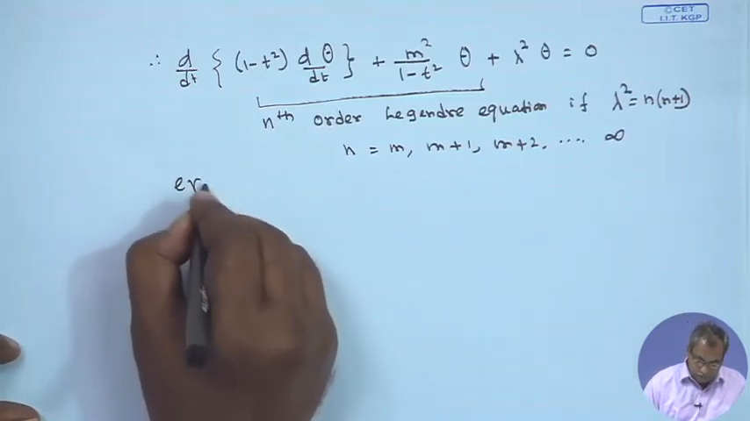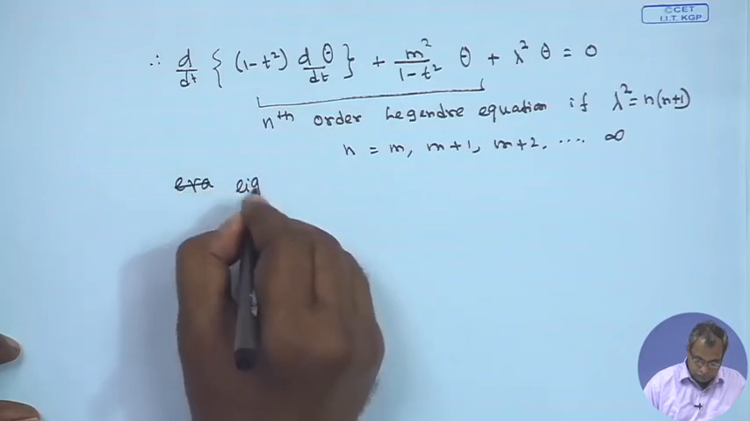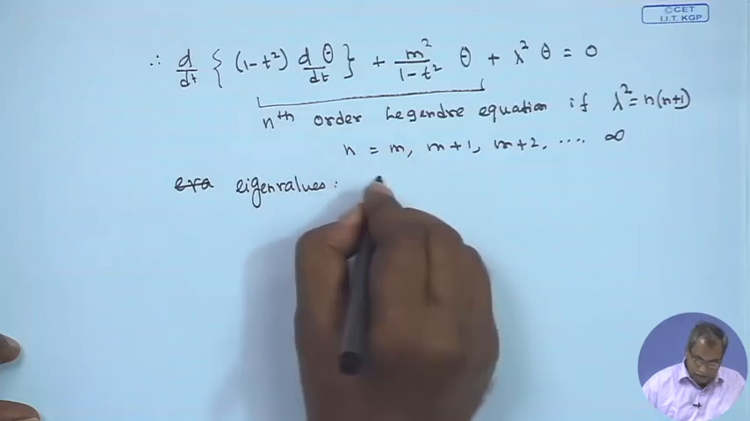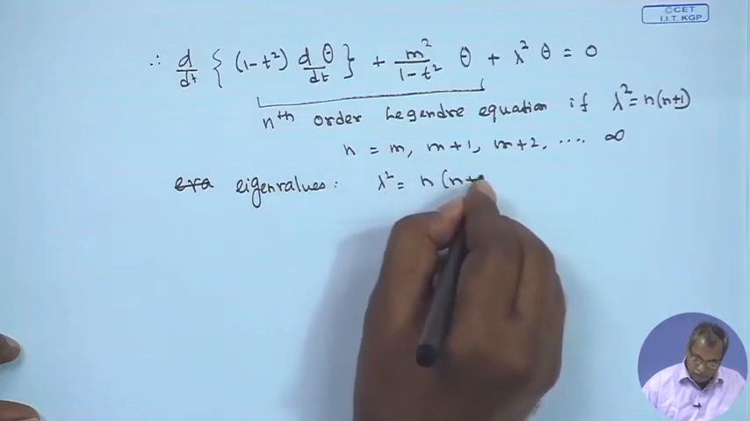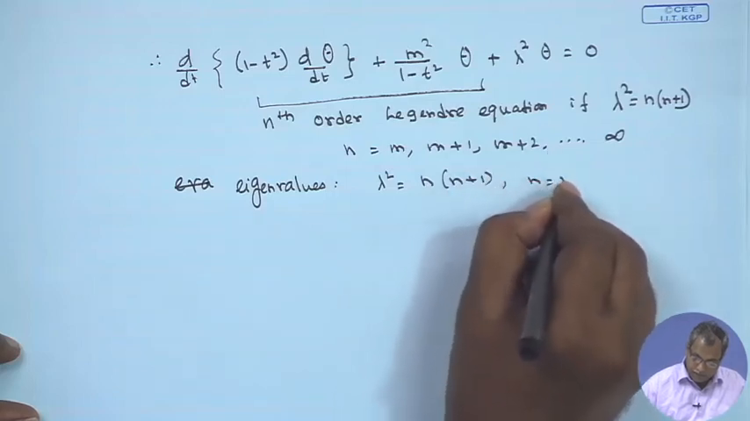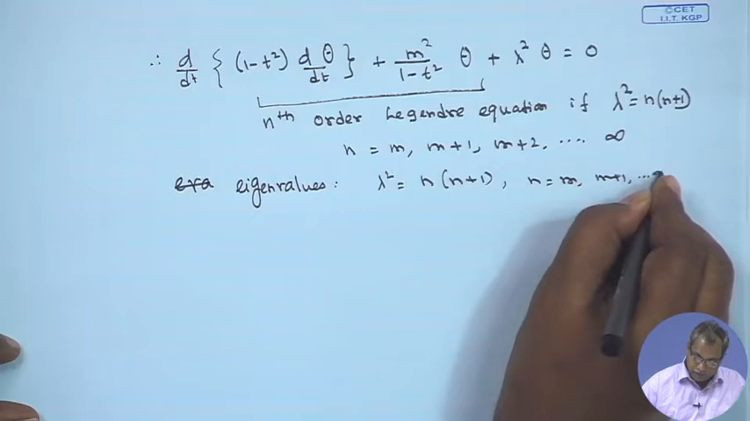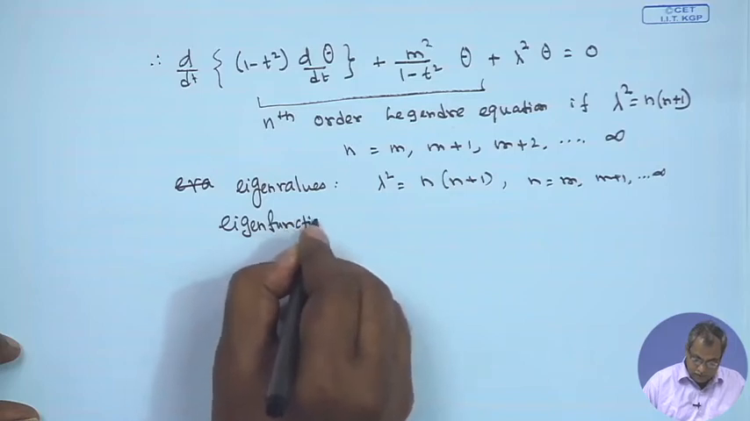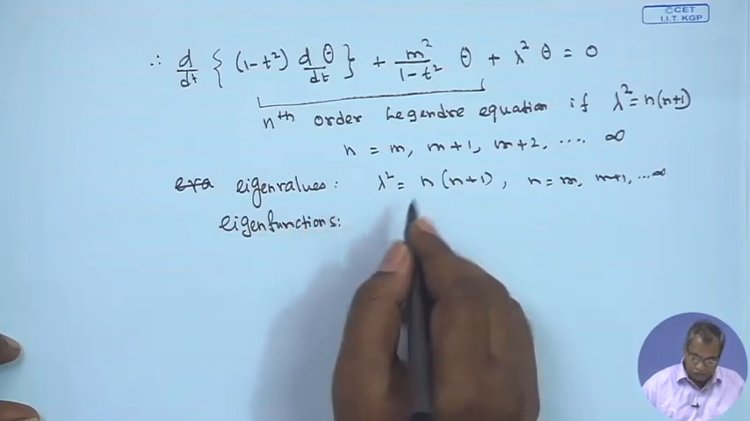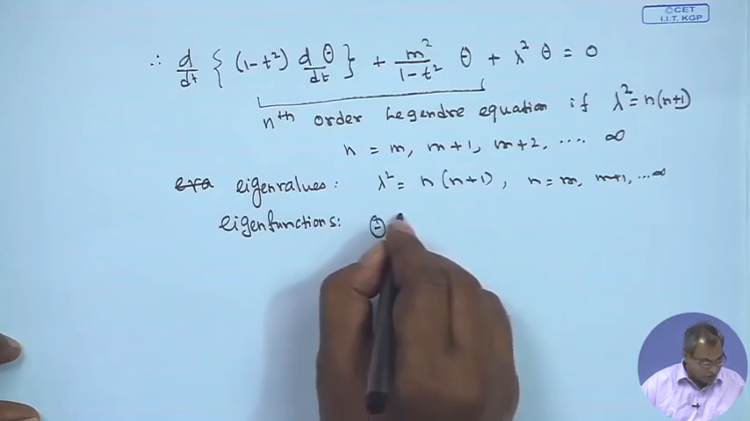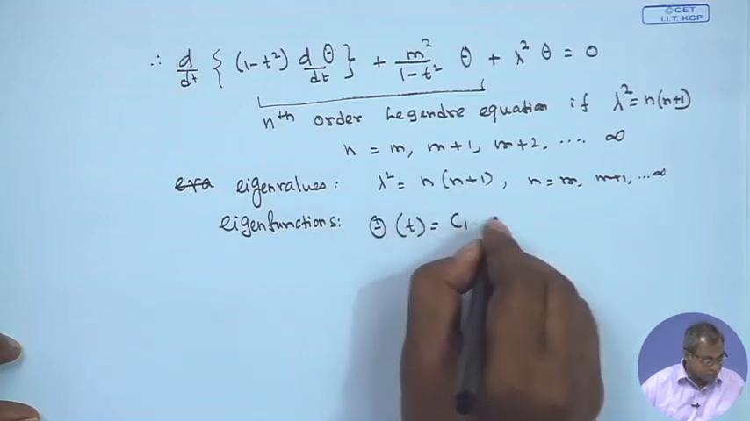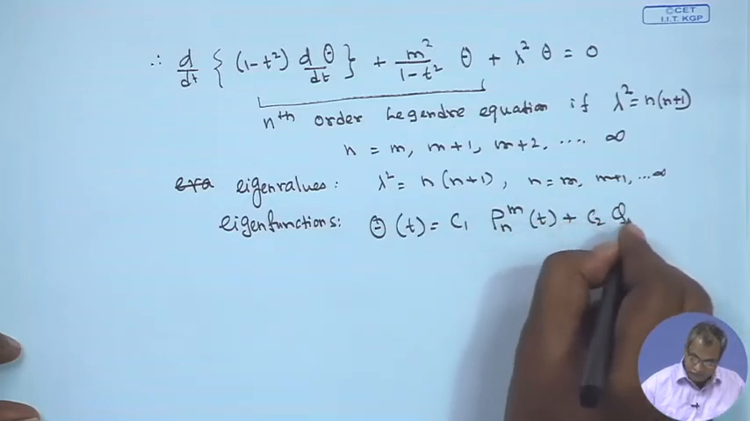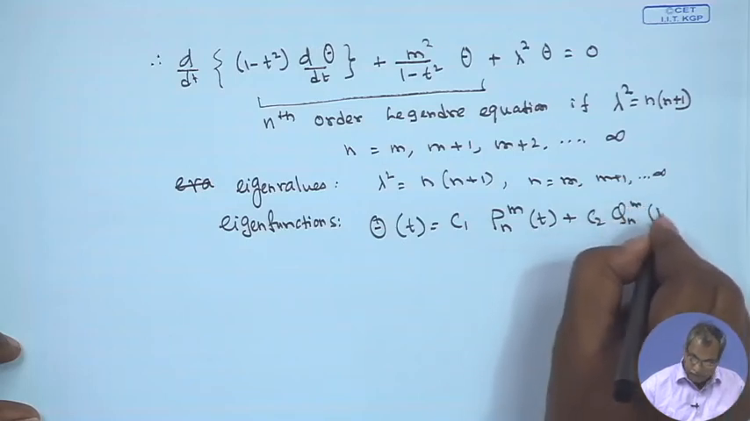So the eigenvalues were lambda square is equal to n into n plus 1, where n runs from m up to infinity. And what are the eigenfunctions? The eigenfunctions will be a combination of the Legendre polynomial and the Legendre function. So Theta of t will be nothing but C1 P n m t plus C2 Q n m t,